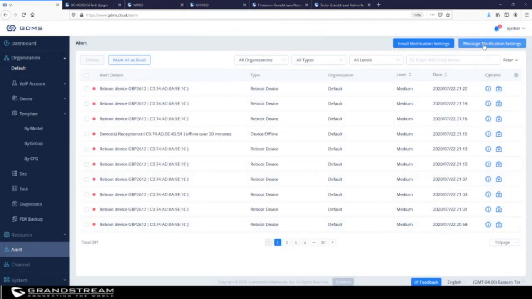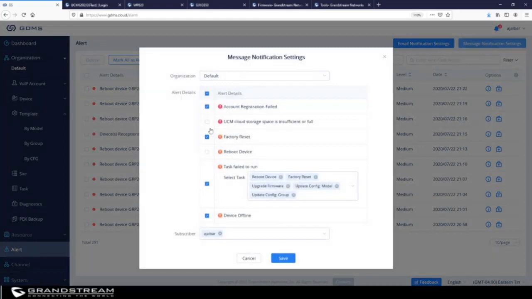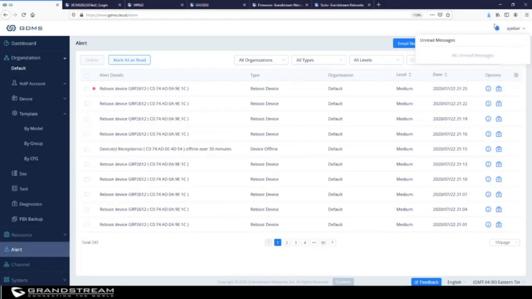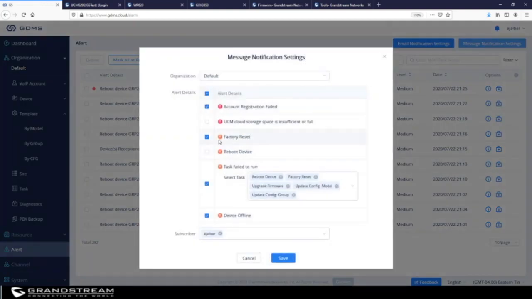So now let's go and configure the message notification settings. Basically the alerts that you configure here are the ones that are going to be shown under this icon. So I'm going to go back to it. Let me close this. If you hover over this icon, you will see all the events related to the ones that you enabled under the settings that I just showed you. So every time there is an alert or an event that takes place on your GDMS account, it's going to show up right here. So I can clear them all and then go back here,